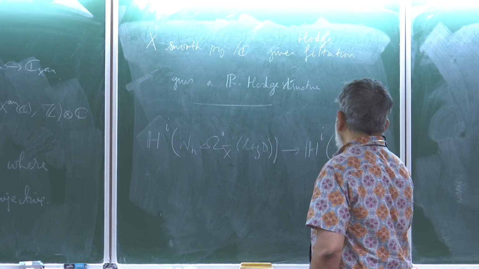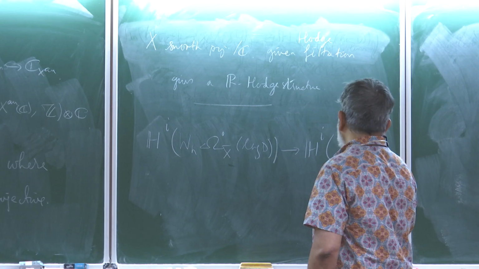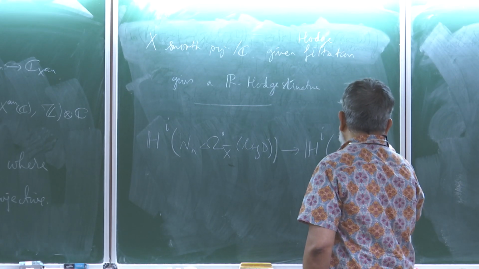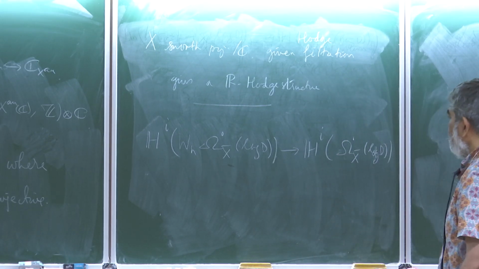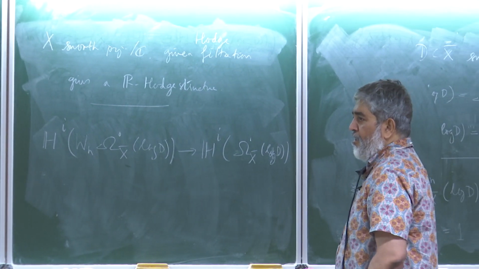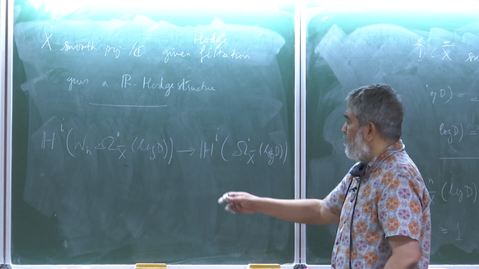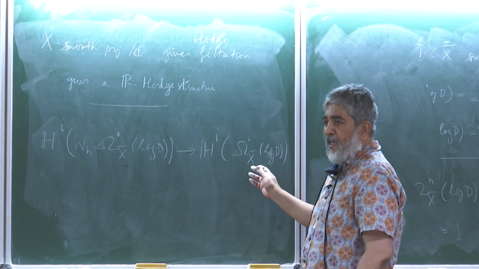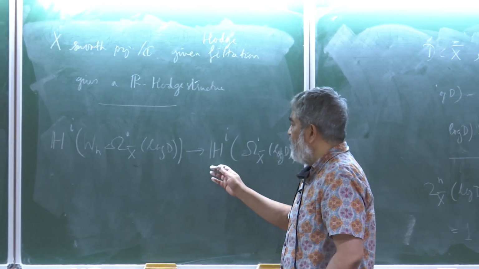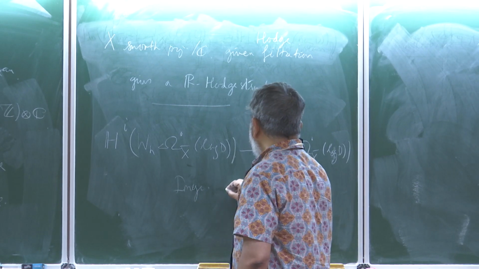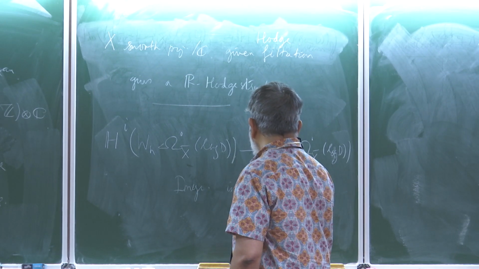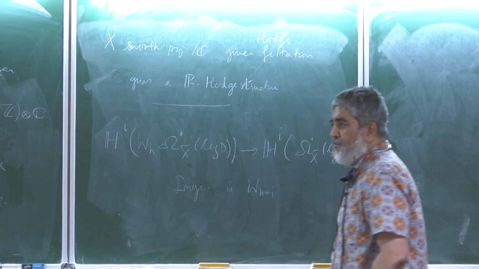That's correct, yes. What we want is something stronger, at the level of complexes of sheaves. It's important that the filtration is compared with D. So you do get a map like this, and then you will say that the image is W_{n+i} or something. Okay.